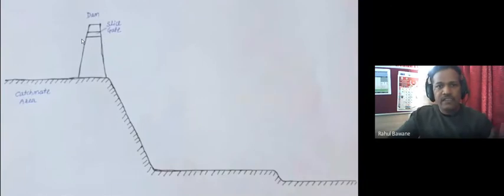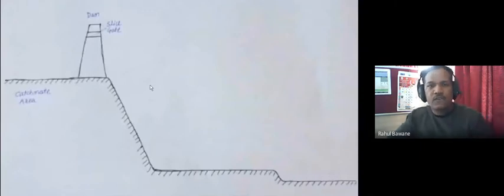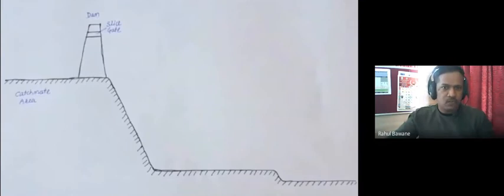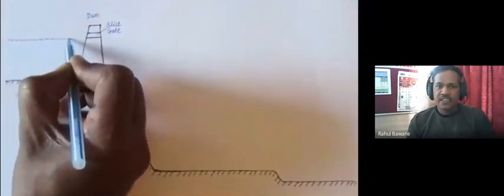So if in any rainy season excess water is there, then that excess water beyond the dam capacity will directly flow through this sluice gate. It is not going to be stored in the dam. It directly flows through the sluice gate and moves ahead. So the dam will not suffer from any excess or additional pressure. So it will safeguard. So what is the requirement of a sluice gate? To remove excess water storage, excess than its dam capacity.